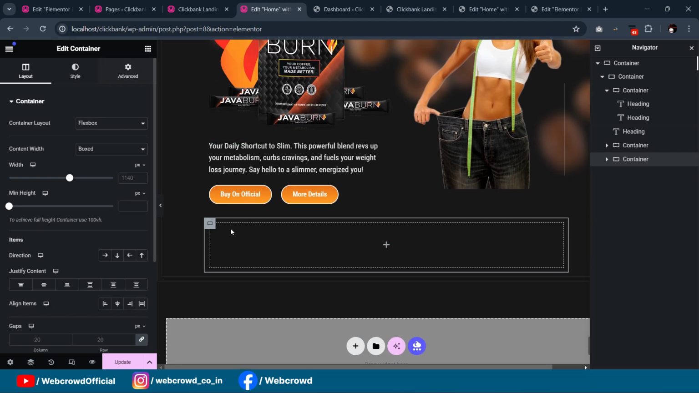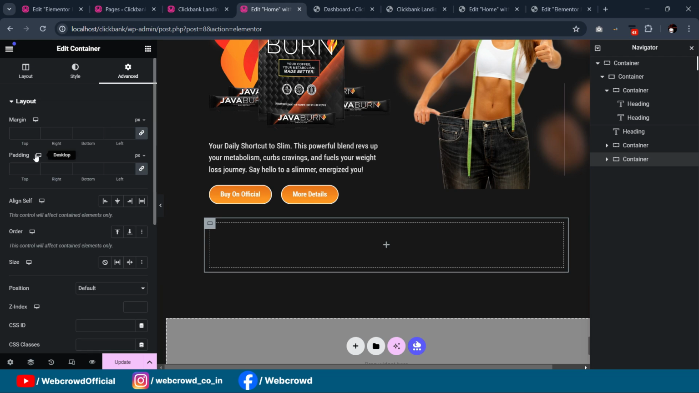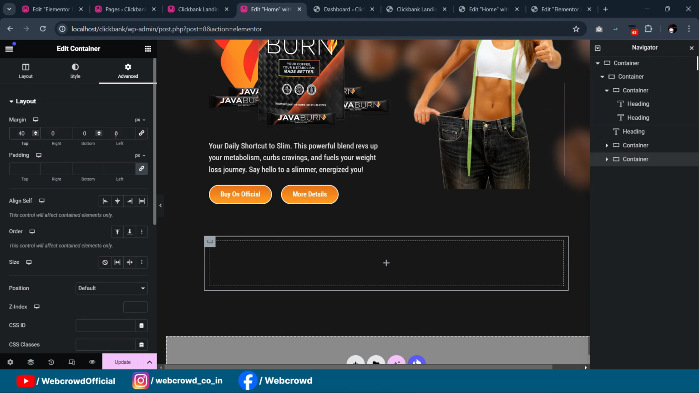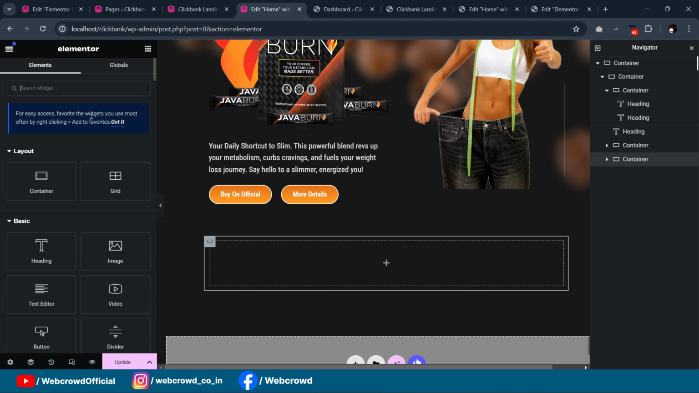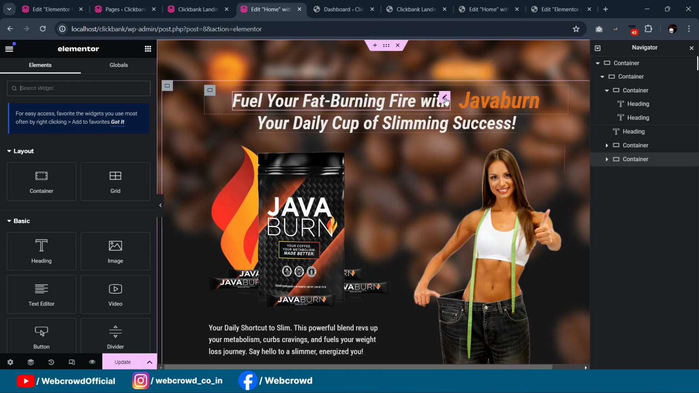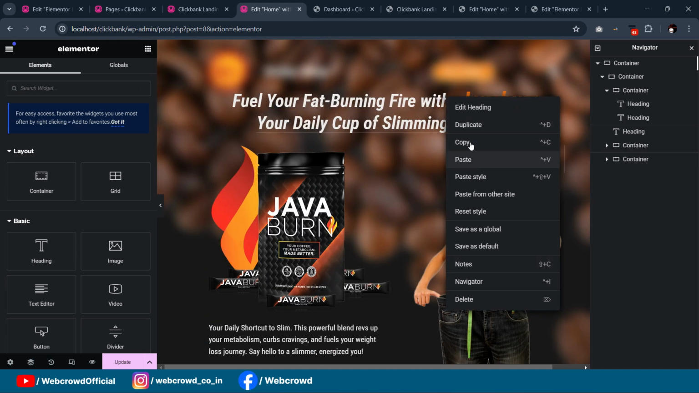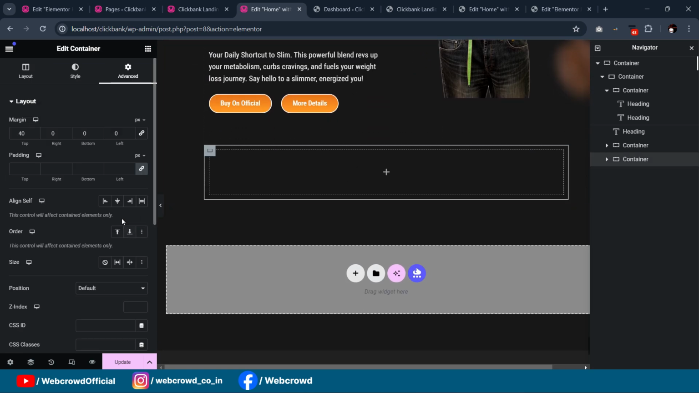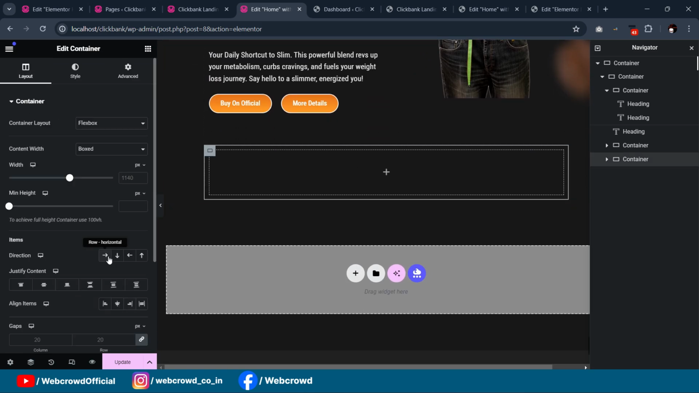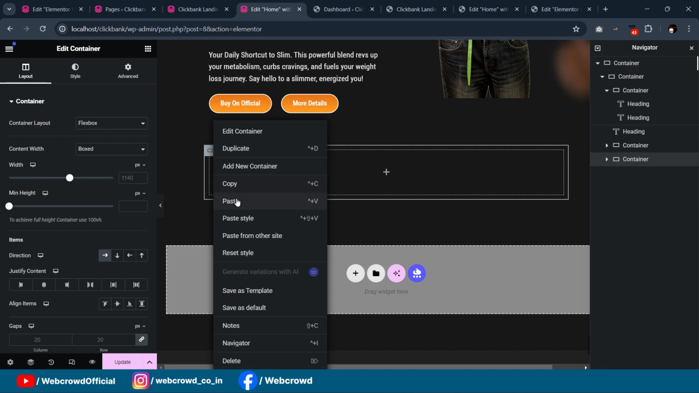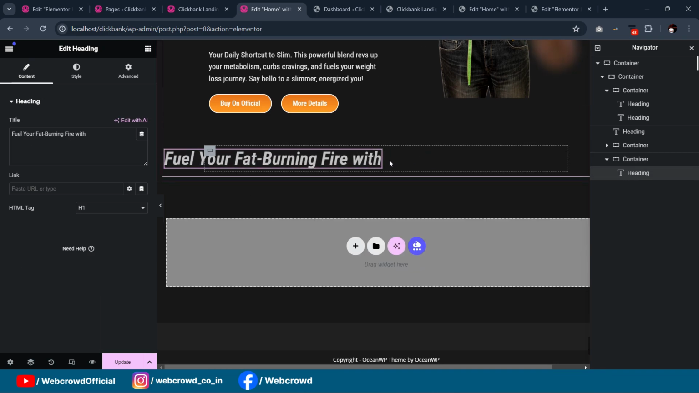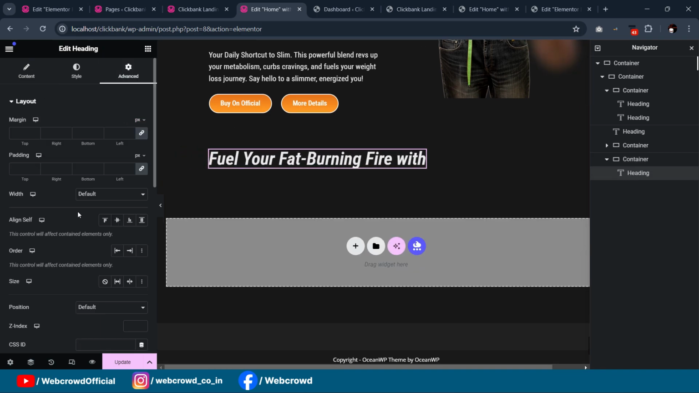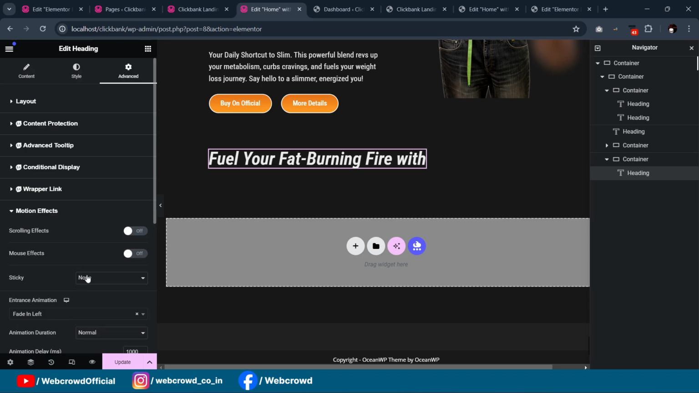Okay, give the top margin to 40 px, and we'll copy this text, set its direction to row horizontal, paste here. Okay, after that just remove its animation,